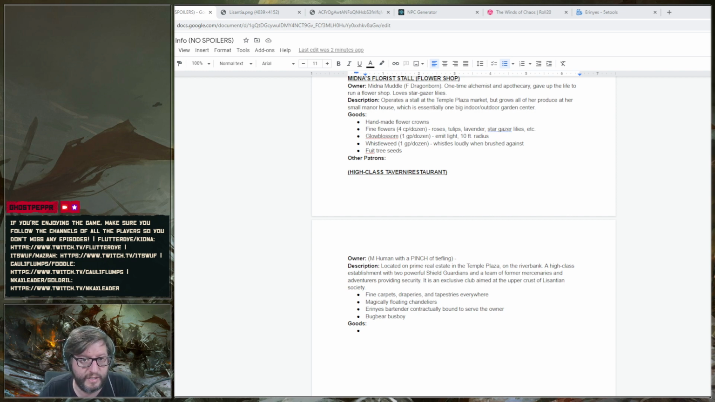His eye color for his tiefling. So what is that eye color? Like red eyes? Oh, we play